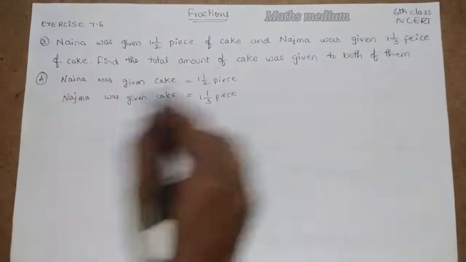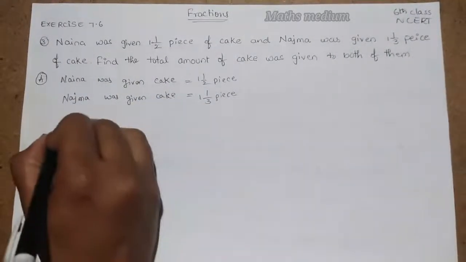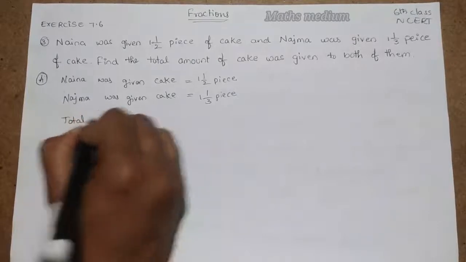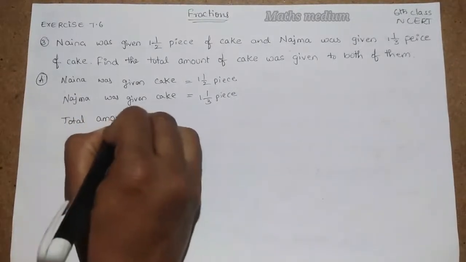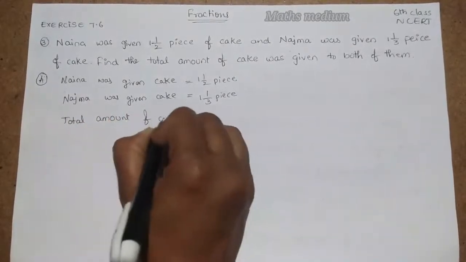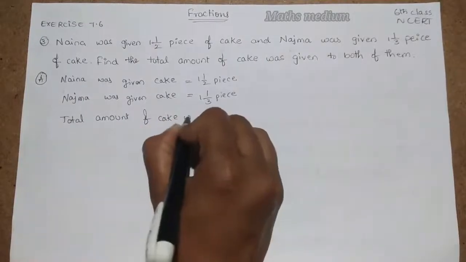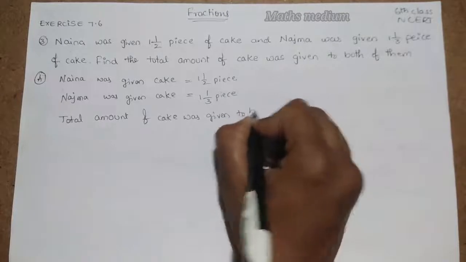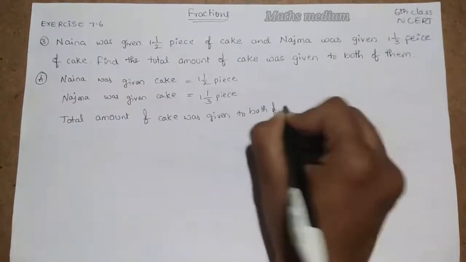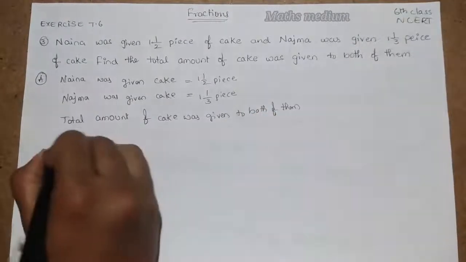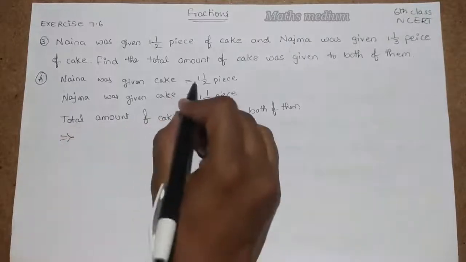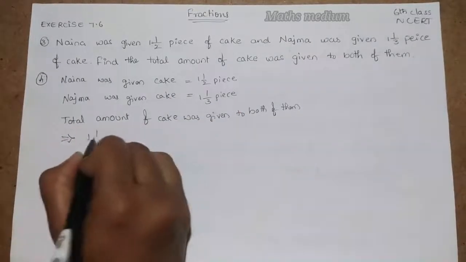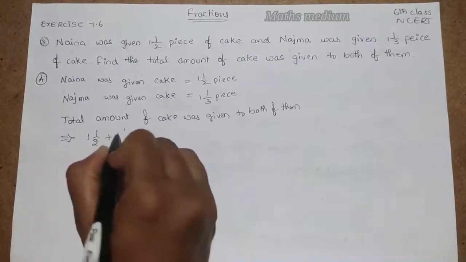So now we have to calculate those two. So the total amount of cake given to both of them is equal to, we have to add these two, 1 by 2 plus 1